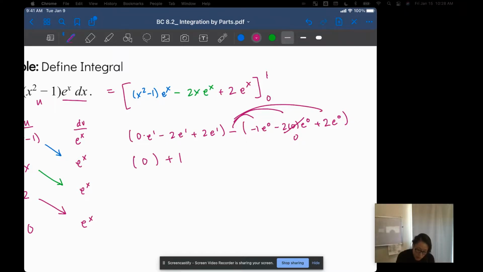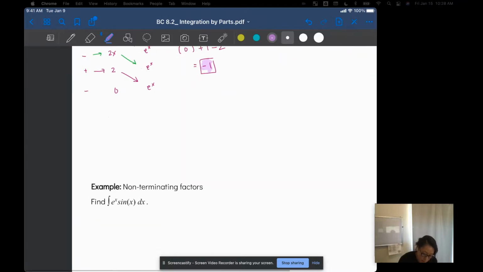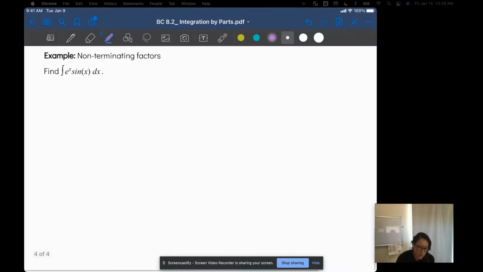2e to the 0 would be minus 2 because of the negative on the outside. So that gives me evaluated at to negative 1. Okay, the last type of integration by parts is when we have